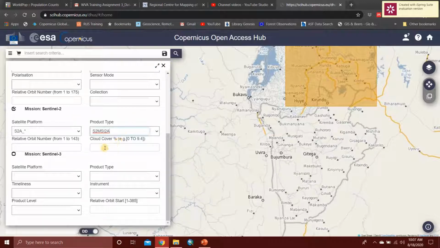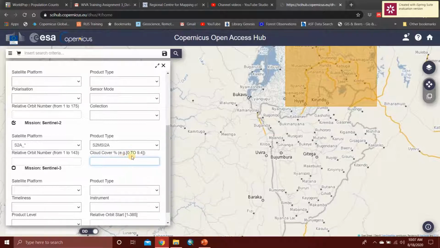After that, you can specify the cloud cover, but for a start, it's not advisable. It's first of all good to get everything, the junk of everything, because sometimes when you specify the cloud cover percentage, you might not get any image at all, yet the cloud may not be covering your study area. It might be covering another part. So it's always good to leave this blank for now, and then